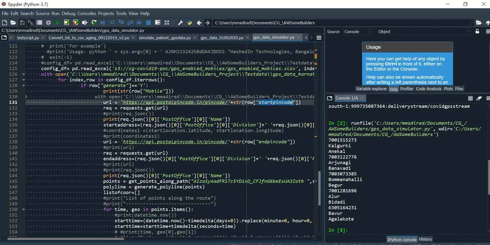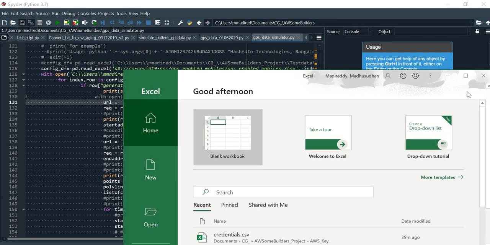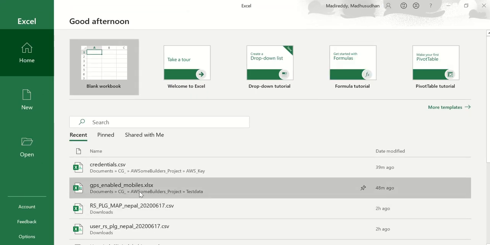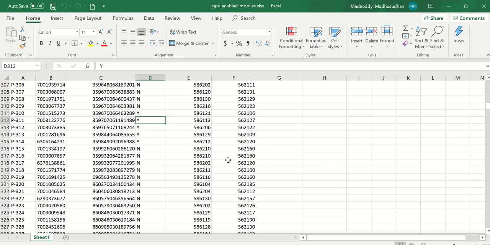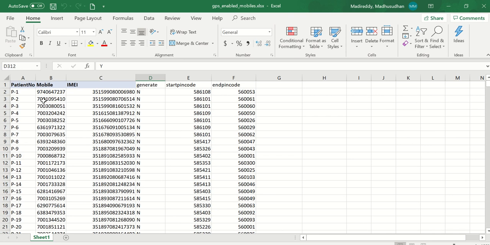I will open the file to show how it looks. Yeah, this is the configuration file. It has the patient number, mobile number, IMEI number, generate flag, and start and end of pin codes.